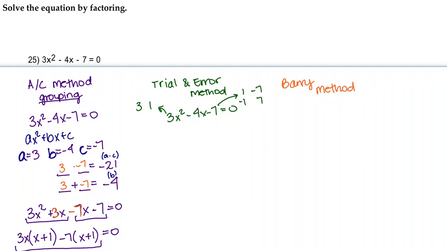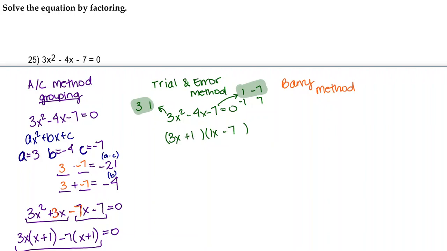So if we have a trinomial and it can be factored, it will always factor into 2 binomials. And so we're going to plug in first our 3x and our 1x. So we're just testing this out to see if these factors work. So first we're testing out the 3 and the 1 in that consecutive order, and then let's go ahead and try the 1 and the -7. So we're going to plug in